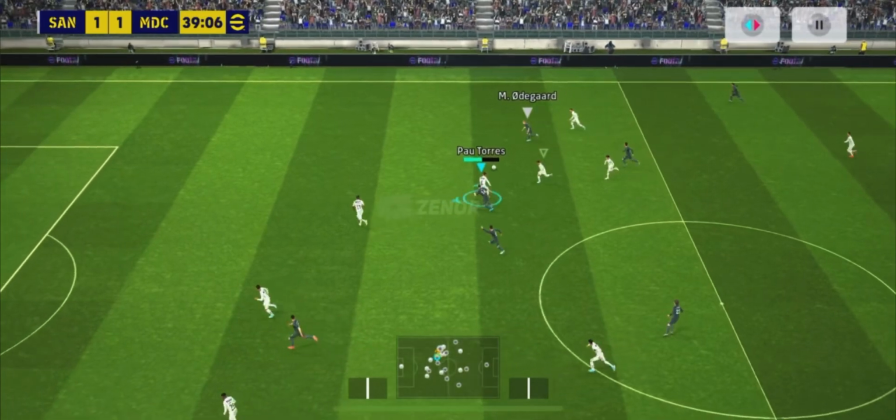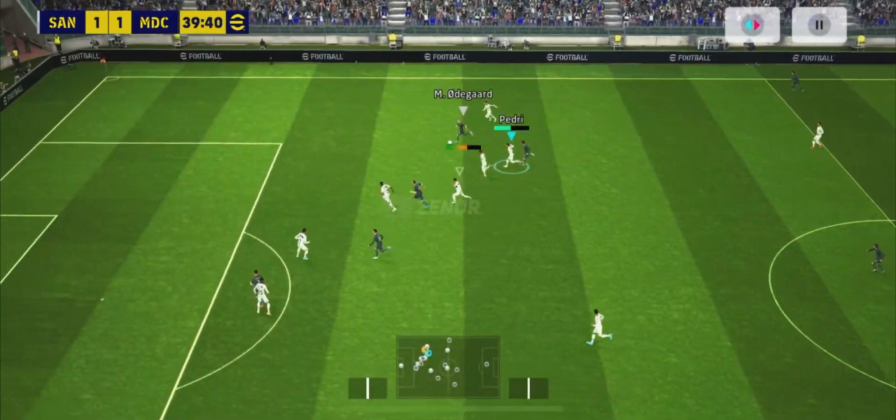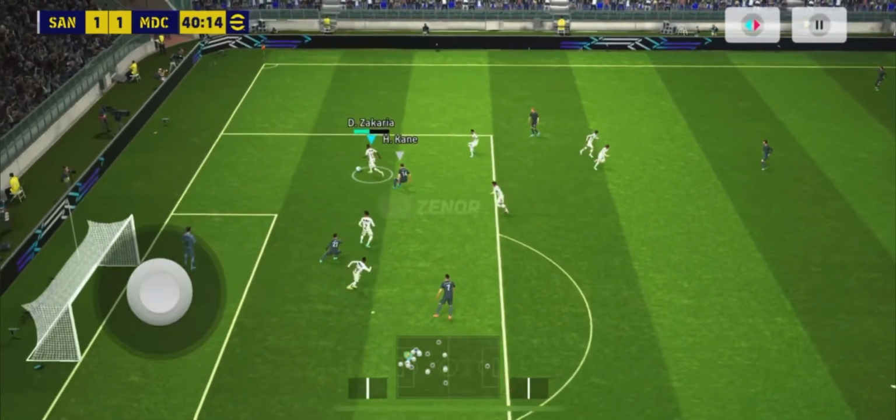He deserved that equaliser. Really tidily gathered and ultimately